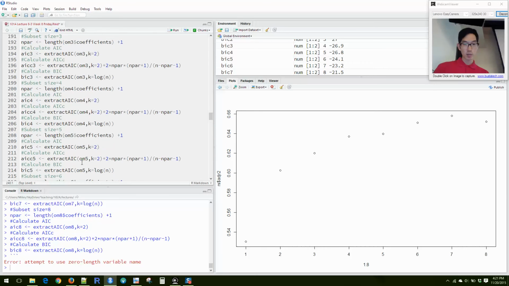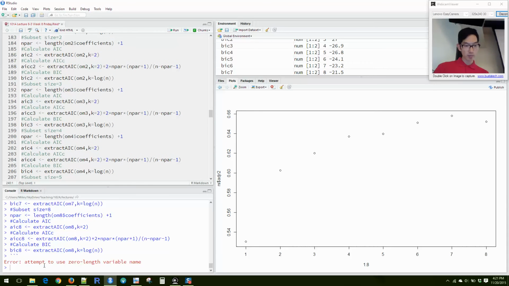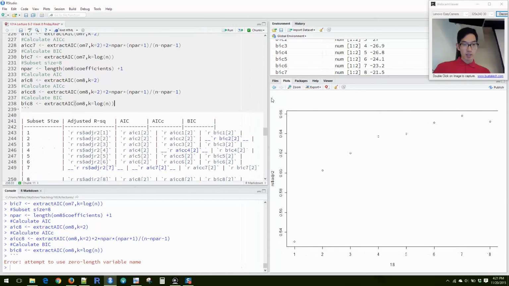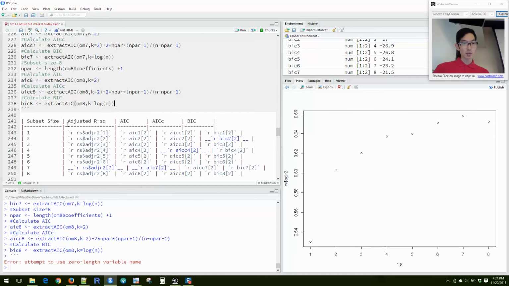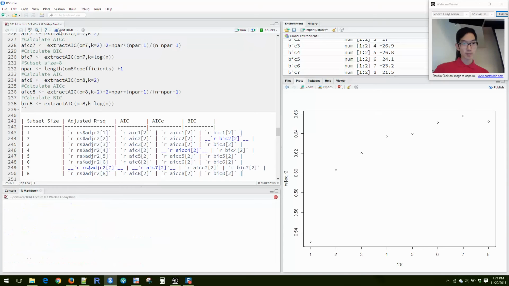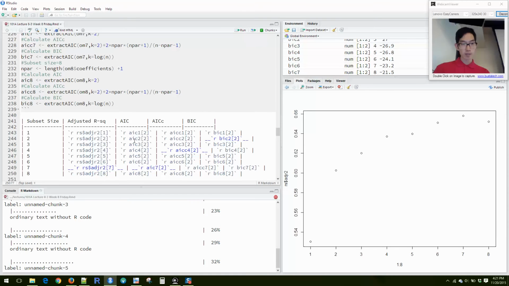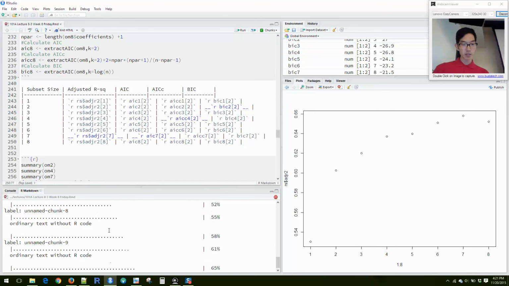Oops, I messed something up. Oh, no, that's not code to be run. All right, and so I've created a table that includes all of these together. And I hope it runs. So after doing all of those calculations,